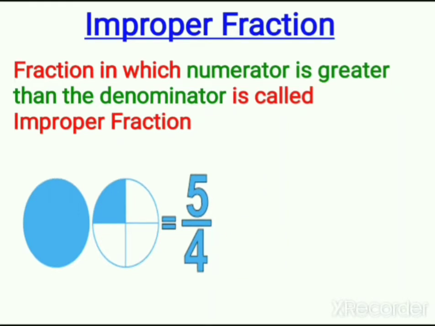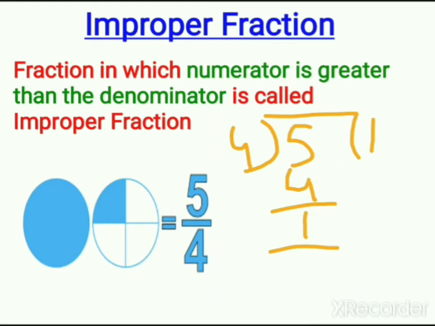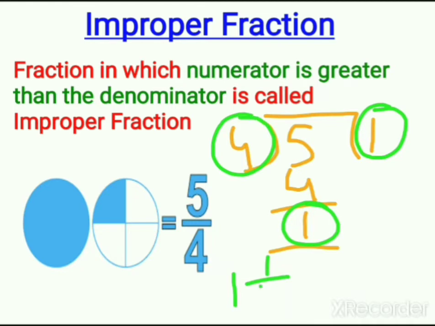Now you will think, how can we take 5 parts out of 4 parts? In this case, what we do is divide the fraction. Here we will divide 5 by 4. 4 ones are 4, remainder is 1. This we can represent as: this is whole 1, this remainder we will write in the numerator and this we will write in the denominator. So 1 by 4. This 1 shows the whole, 1 whole.